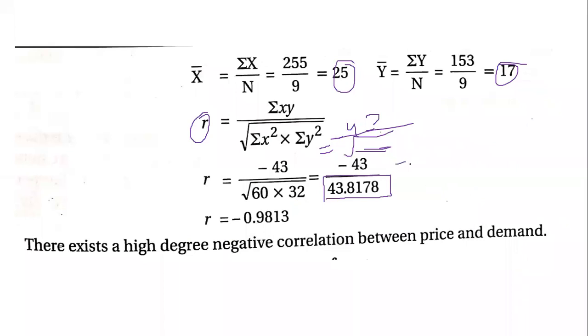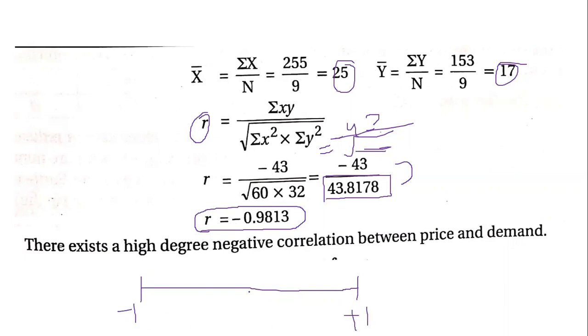Now when you divide minus 43 by 43.8178, you will get a minus value of correlation coefficient. If you see here, it is minus. Okay, so this is your correlation coefficient. This time it has come in minus. Now again we have to do the timeline analysis with plus 1 on the right side, minus 1 on the left,